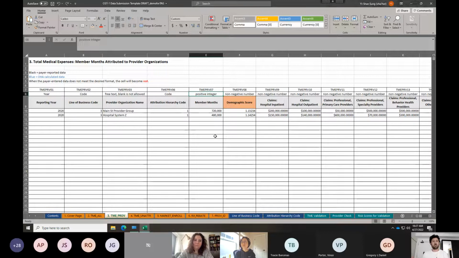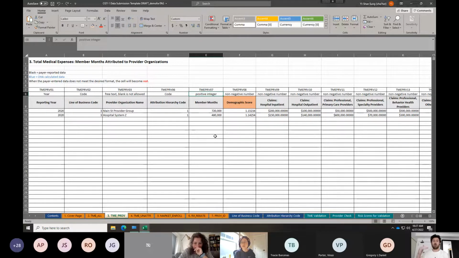However, internally, we're still open to and seriously considering setting maybe a higher bar for that round down and move over to the unattributed tab. And I'd like everybody's thoughts on that when we get to it. But if in the TME Prov tab you have a row that only has like 5, 8, 10 member months, that data is good and we need to capture those claims, but at that small of a level, that provider is not going to be held accountable at any point, and that data isn't really going to get used anywhere.